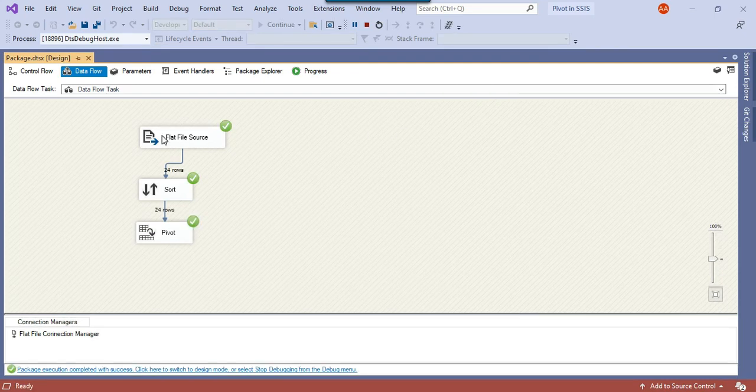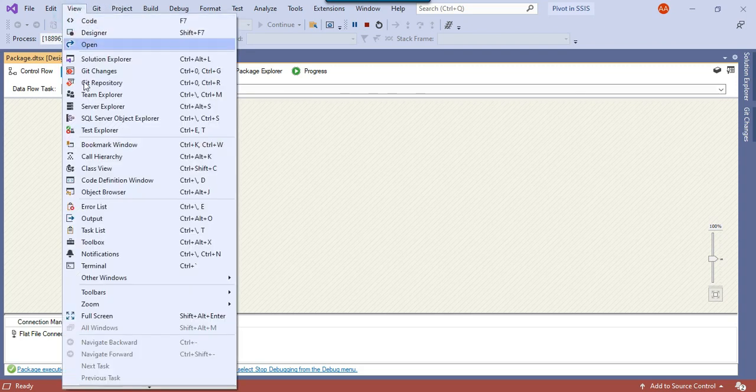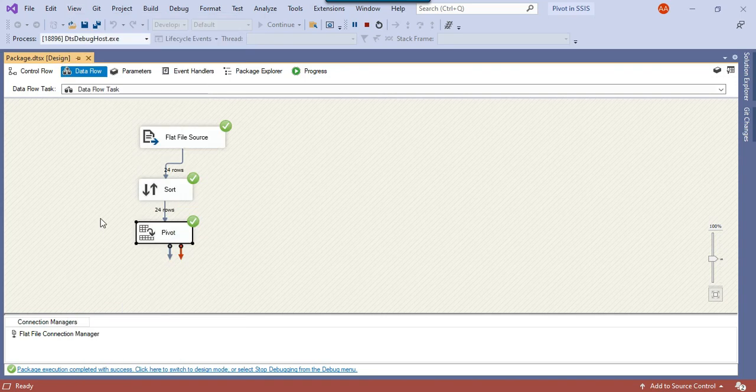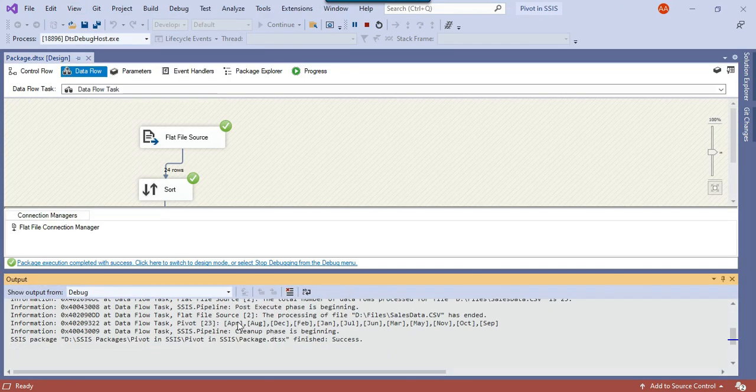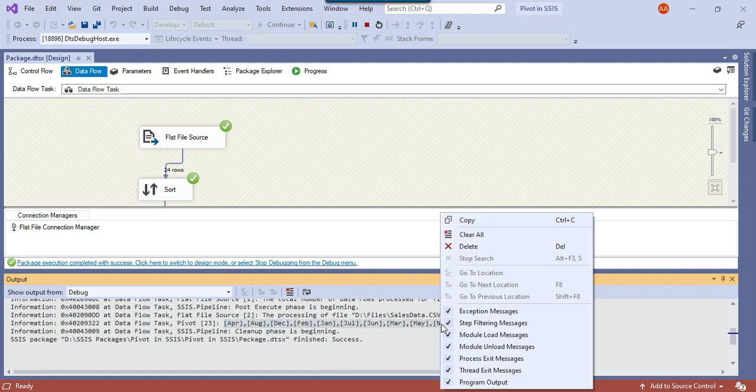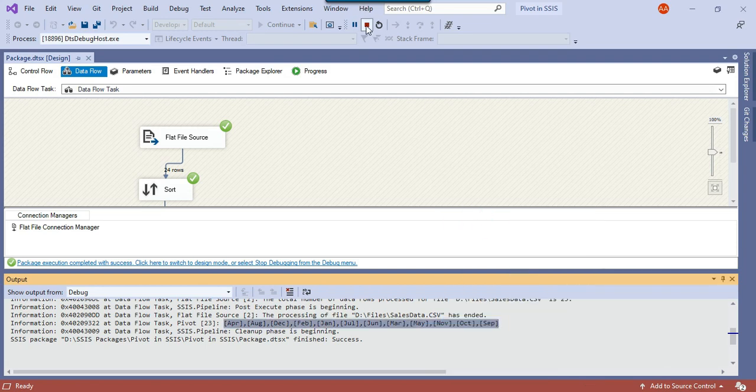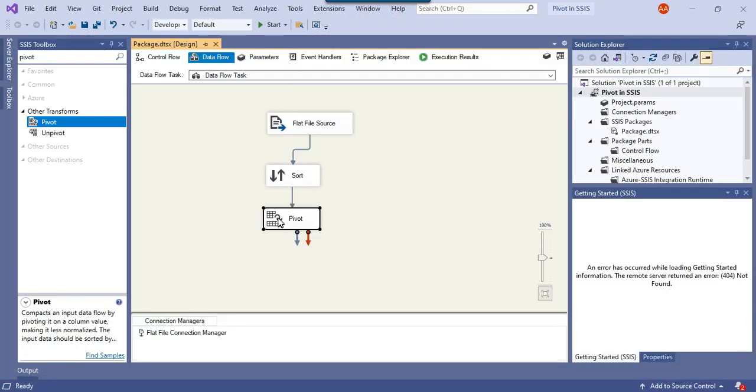So 24 rows came from the flat file source, and then 24 rows get processed. Now just go to the output window. In the view, click on output, and you will see the columns like April, August, December. These are 12 columns that will be created. So just copy those columns from here, and then stop the execution of the SSIS package, and now go back